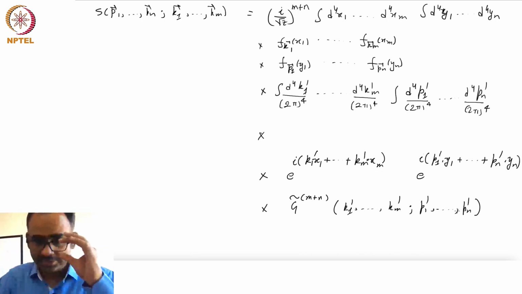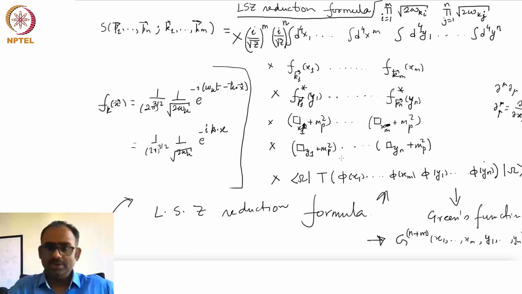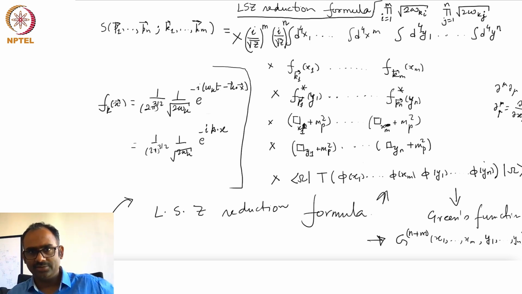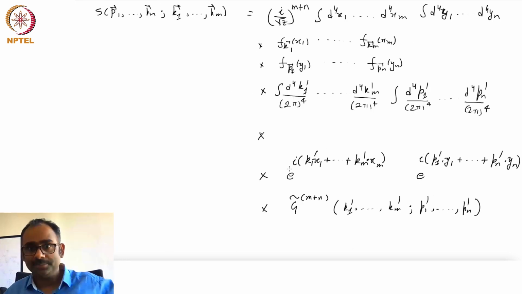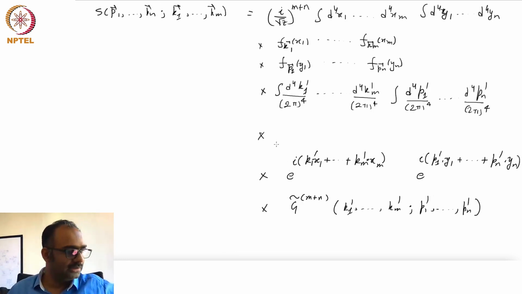Okay. Did we miss something? Yes, we did, and that is these differential operators. I have written everything else except for these differential operators. Now, when these differential operators act on the g, they pull out such factors, minus k1 square plus mp square, minus k2 square plus mp square. So, that is what is left, and I should write here